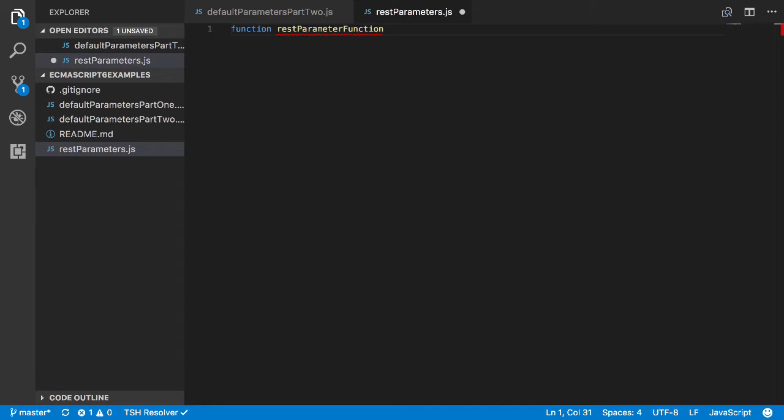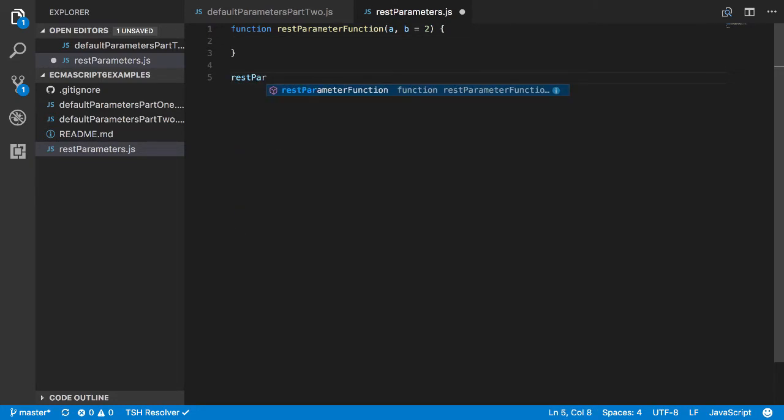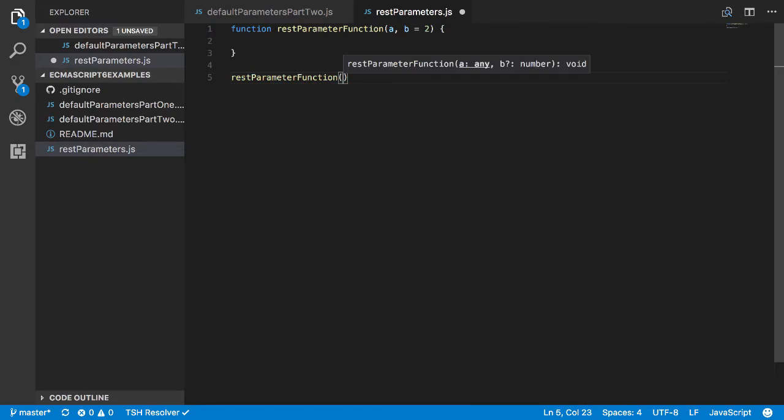And basically I'm going to have an A and a B. And what I'll do is I'll make B equal to 2 by default at this point. I'm going to call this down here, so I'll just go REST parameters function, and we'll pass in 1, 3, and then we'll pass in a 5. We'll pass in 3 arguments, like so,